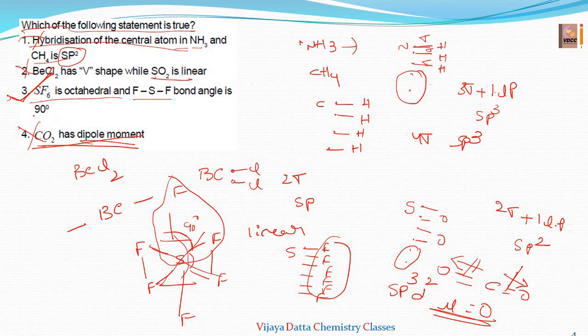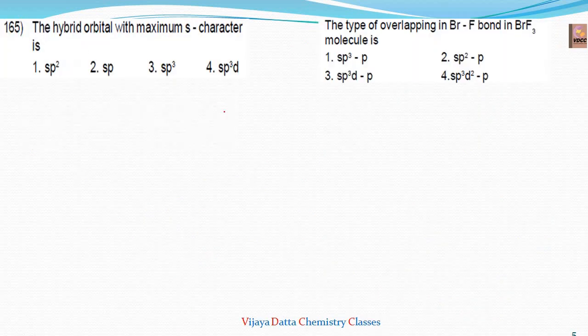We have to do it in a fraction of seconds because we have time for only 1 minute for one bit. That's why we have to do it fast. I have given you clear information on how to check it, but you have to be fast while doing the bits. Next one, let us do some more bits.